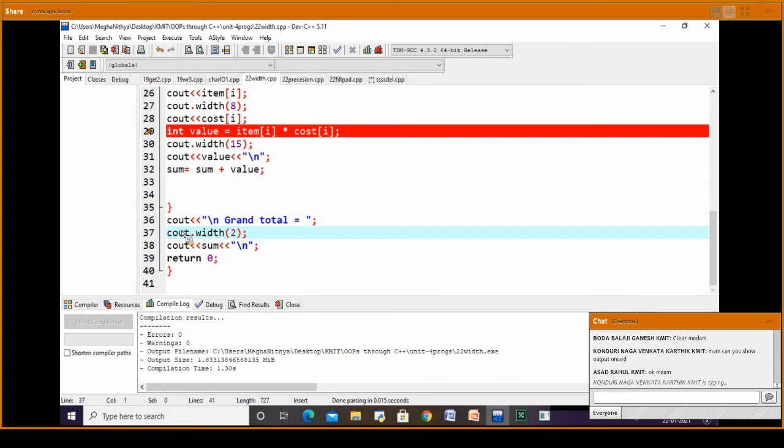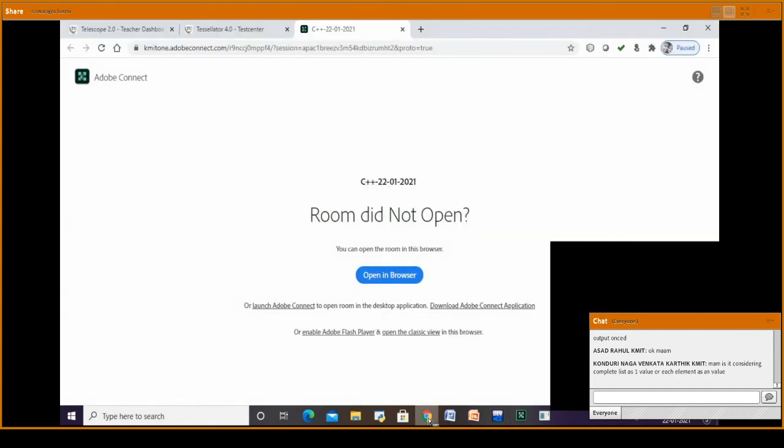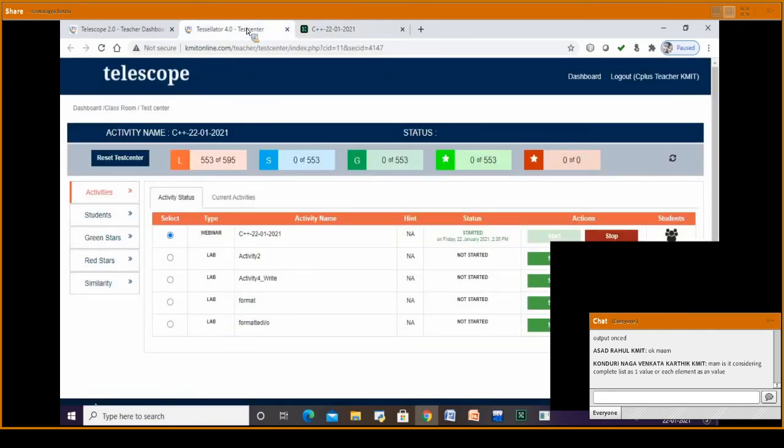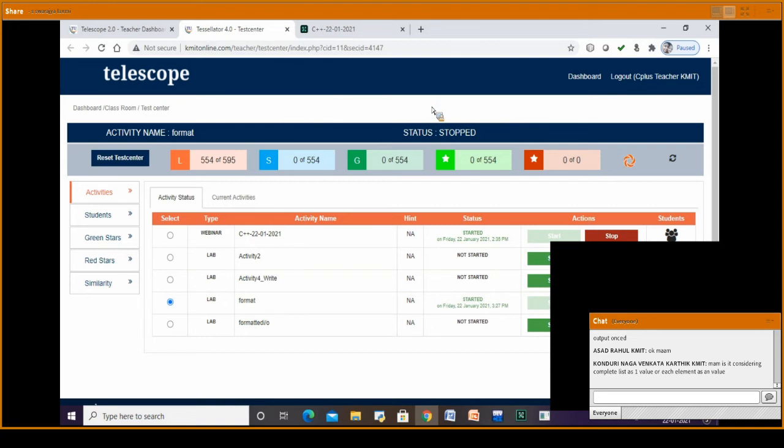I'm closing this, saying I'm enabling one activity. You do that activity. I'll give 5 minutes time and complete that activity. Okay. I have started one activity.